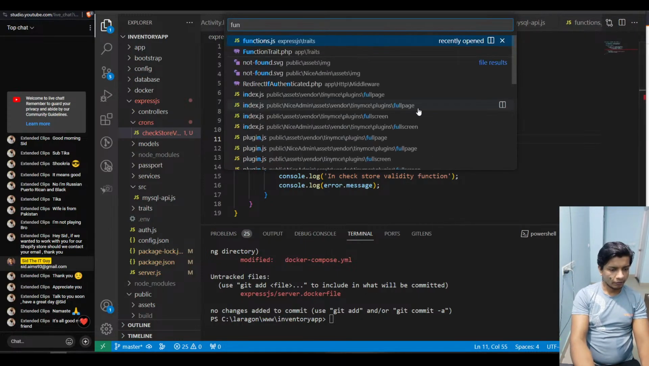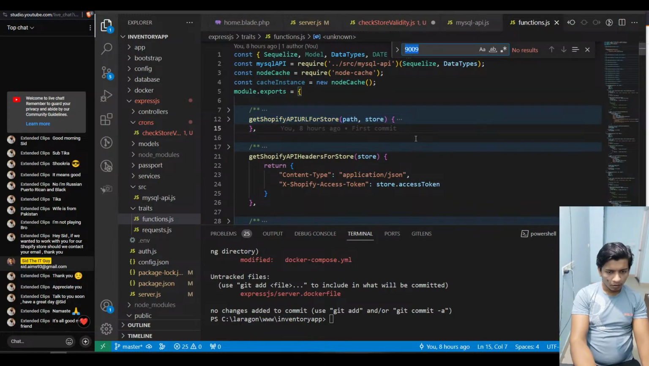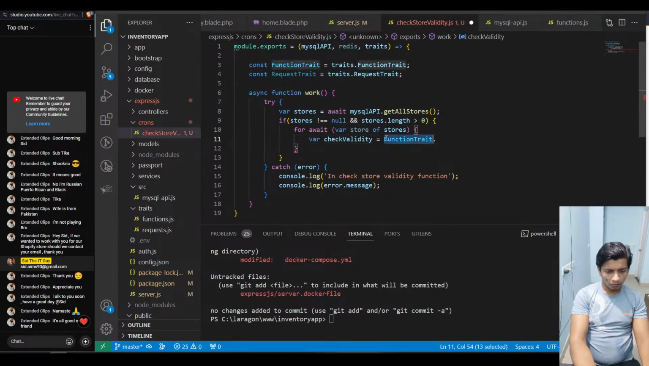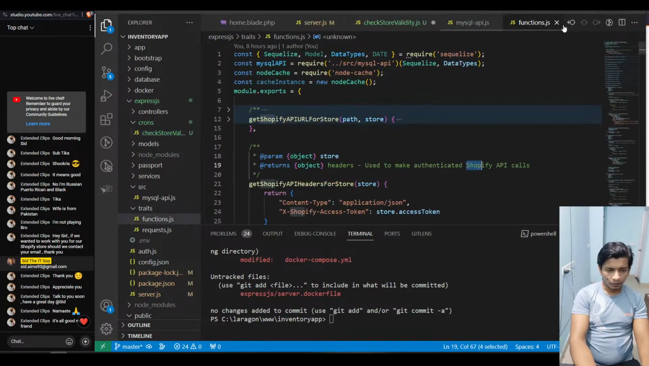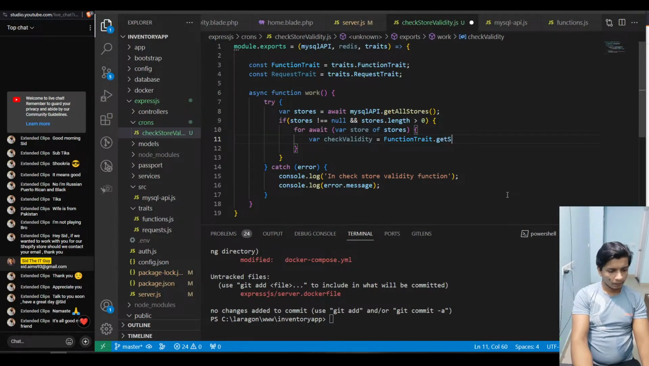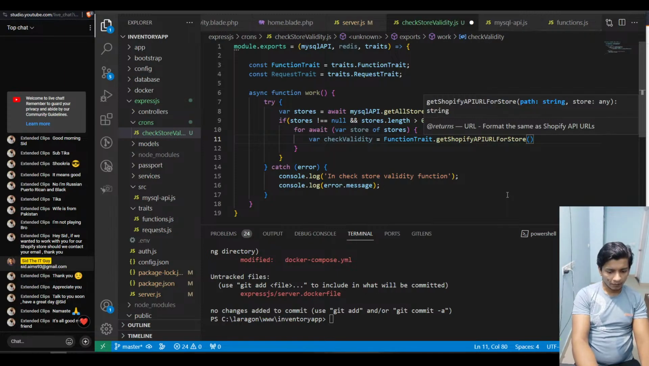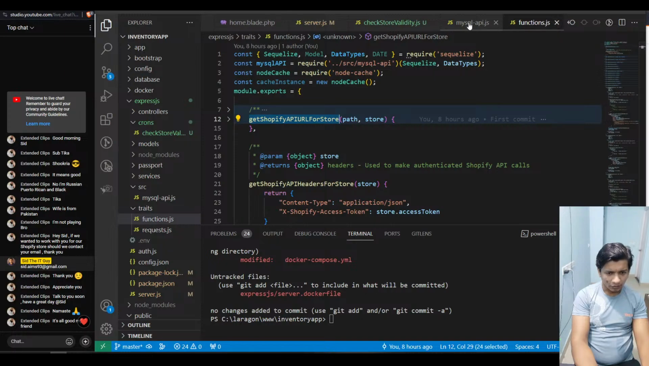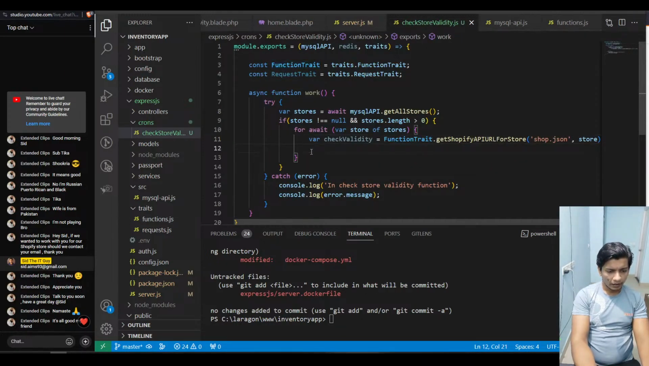Is there a function? No? Okay, anyway. So this would be function trade dot get Shopify API URL for store. Yeah, it's not async. After that, I can